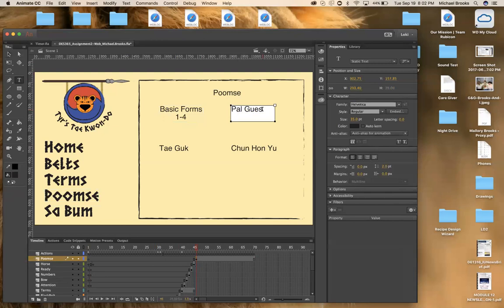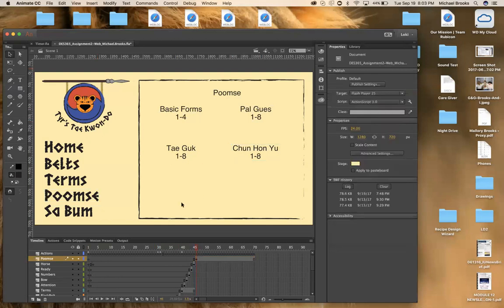Portuguese, 1 through 8. We're going to bring that back. There. Center it. Tagalog, same thing. 1 through 8. Center. Changhonyun, 1 through 8. And center it. All right, so as you can see, now the thing is, these are each going to be